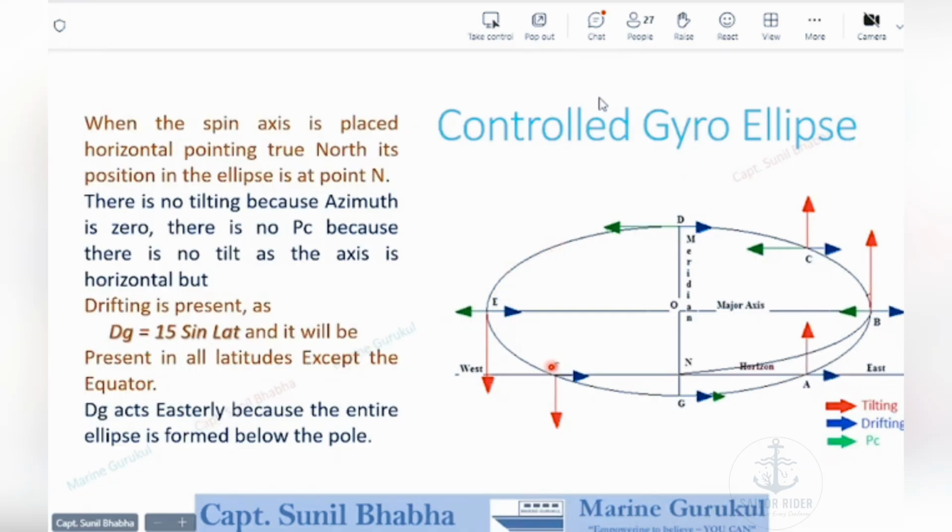As it goes below the horizon here, below point F, we see that easterly drifting and easterly control precession are both pulling it in the eastward direction. So the motion from Foxtrot to Golf to Alpha is quite fast, as the easterly drifting and the easterly control precession both are pushing it in the easterly direction. So this explains the easterly motion below the horizon, and we have now seen why the spin axis moves